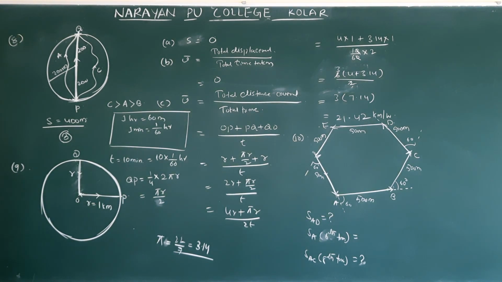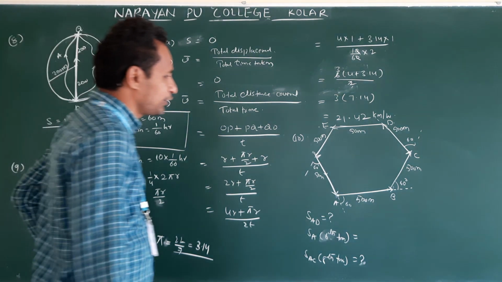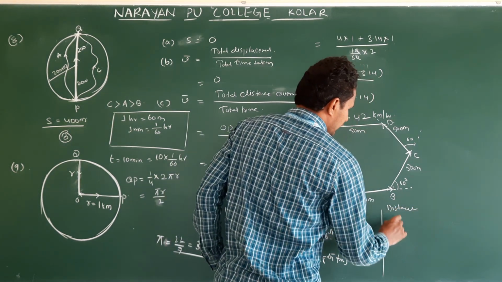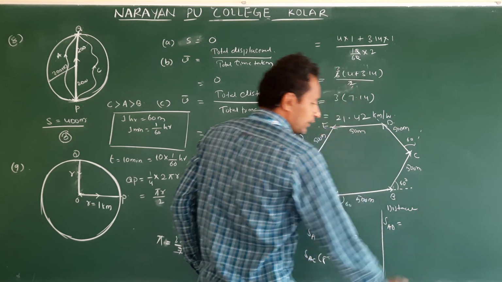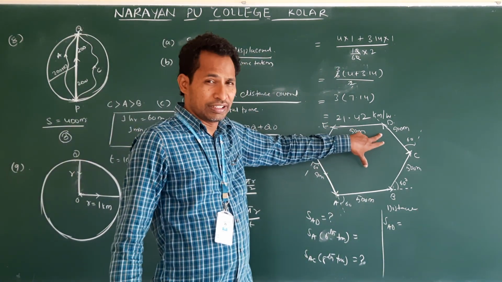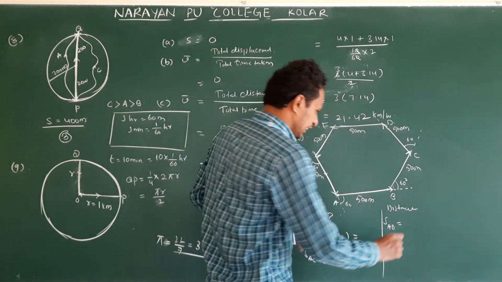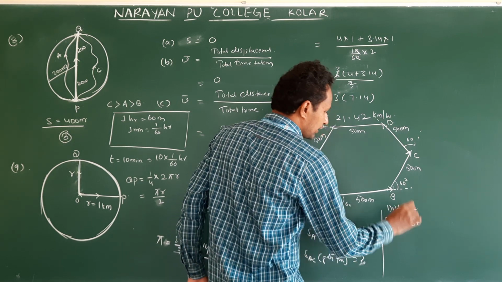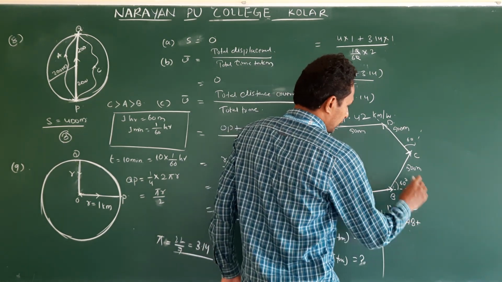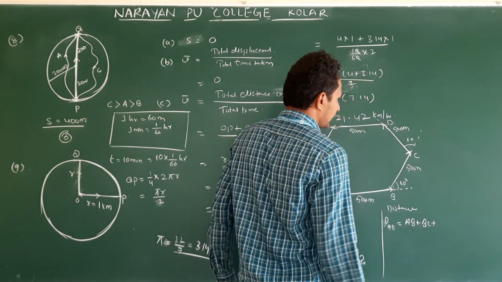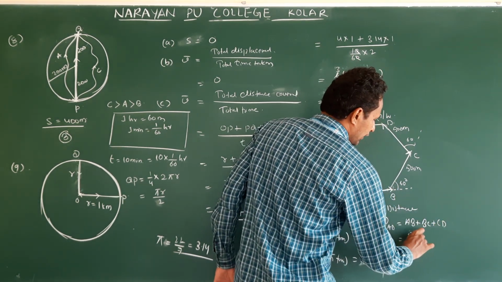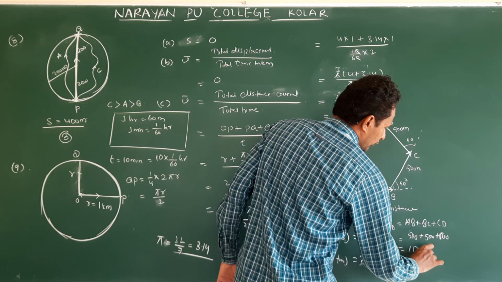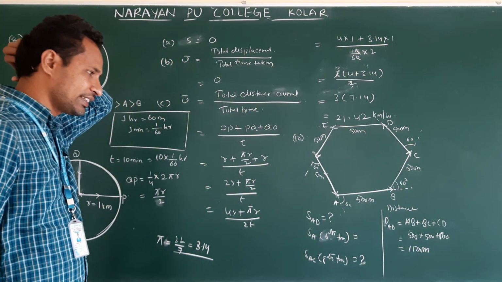Again, in these three cases, they are asking distance traveled. First, we will try to find the distance traveled. This is displacement, this is distance now. Distance for S_AD, which means up to the third turn. Distance means total path traveled. How do we write this? AB plus path followed BC plus next CD. Each is 500, 500, 500. Total 1500 meters.